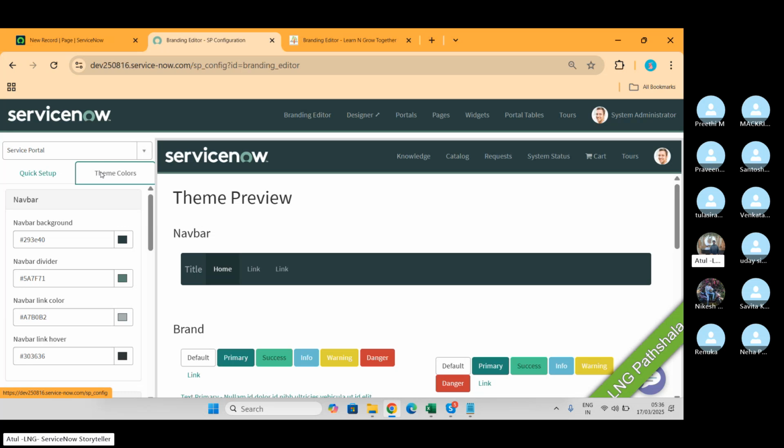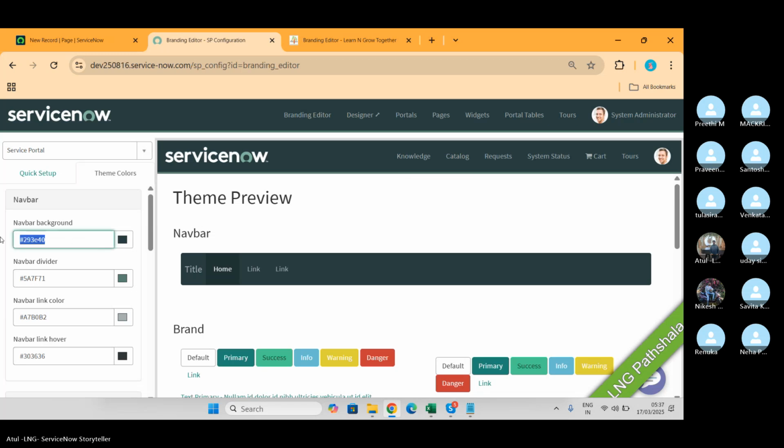Okay. So now what you have to do is change the theme, the look and feel, not by adding something new, but by changing the colors like this. So at this point in time, this is your portal. What changes do you want to make?